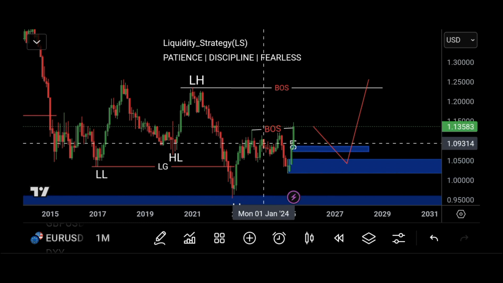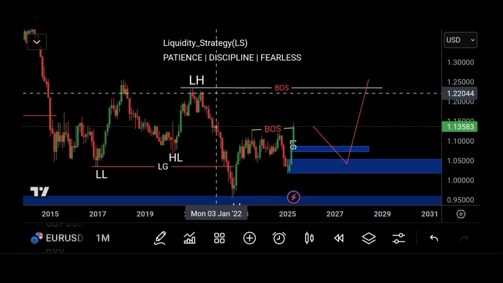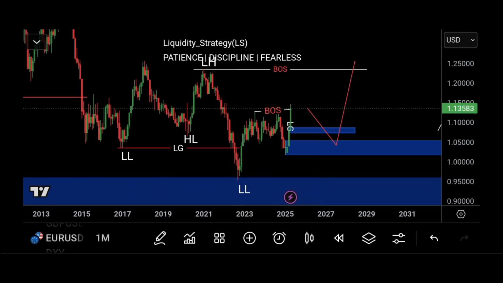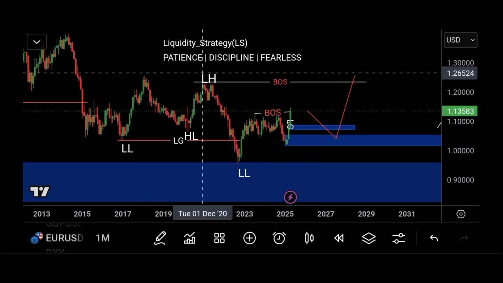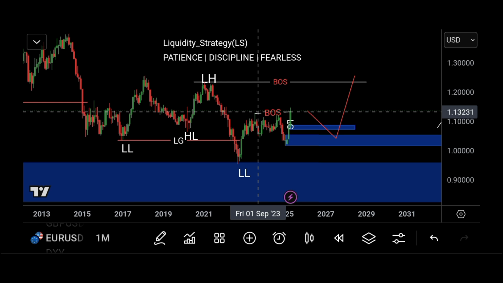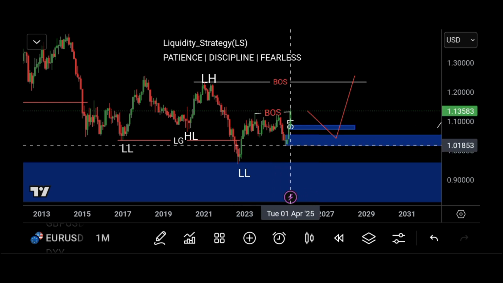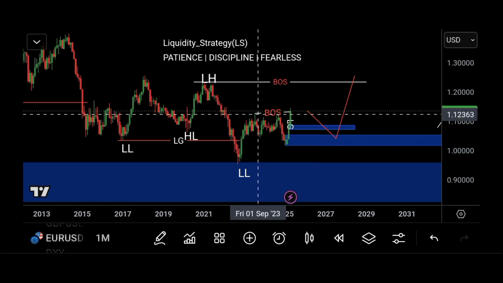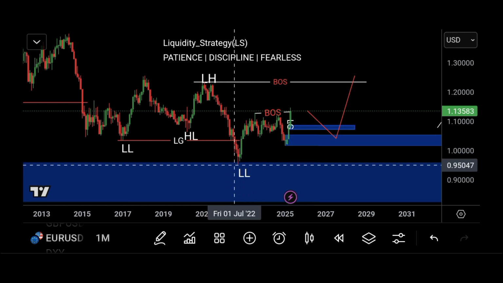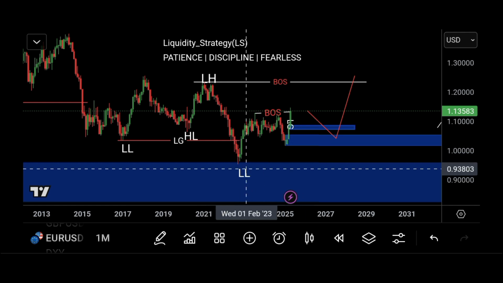We have this lower low, right? We have this lower high here. We have this lower low. Then we have a lower high, then we have a higher low, because this recent lower high could not take out this recent lower low, and rather it gave us a higher low, and this higher low